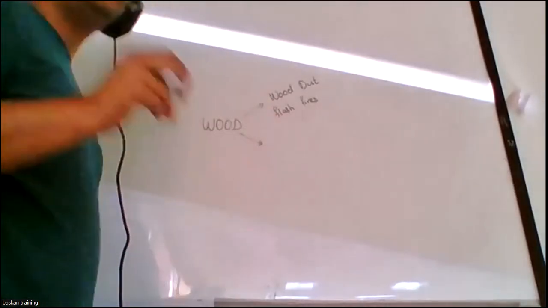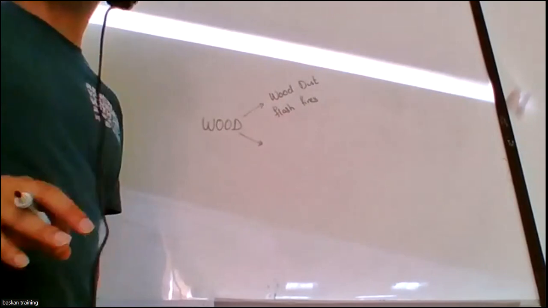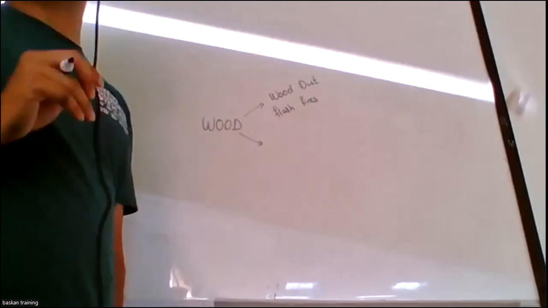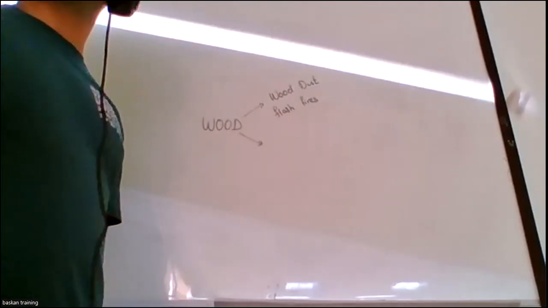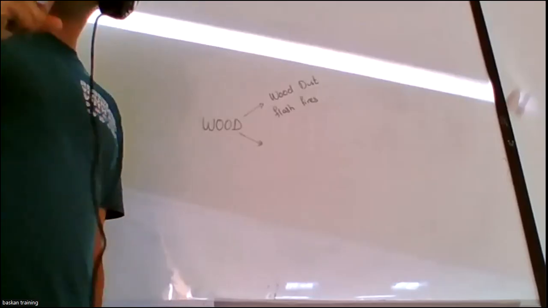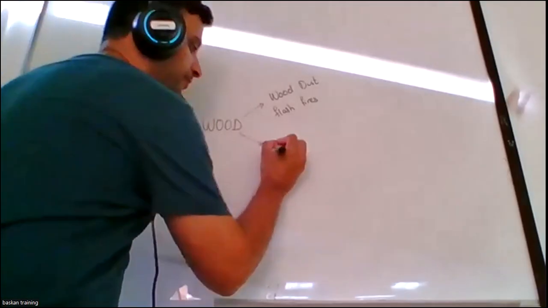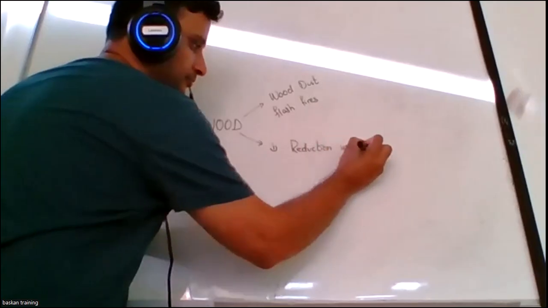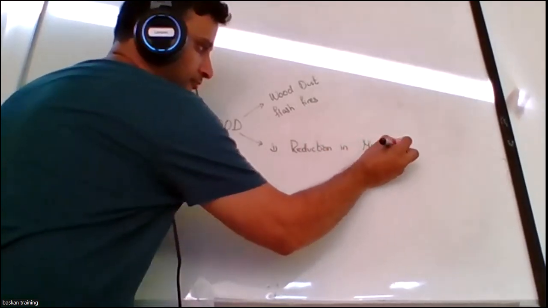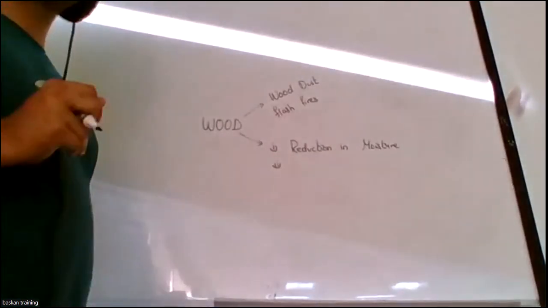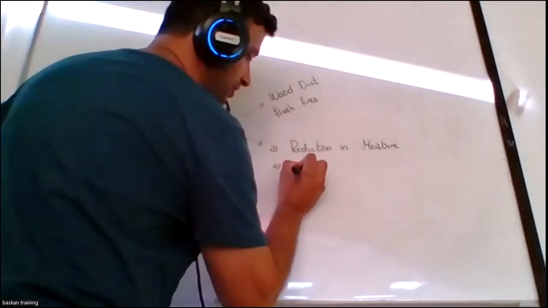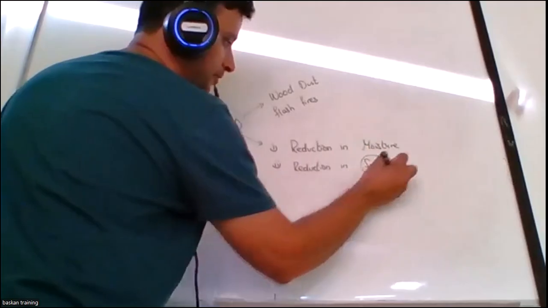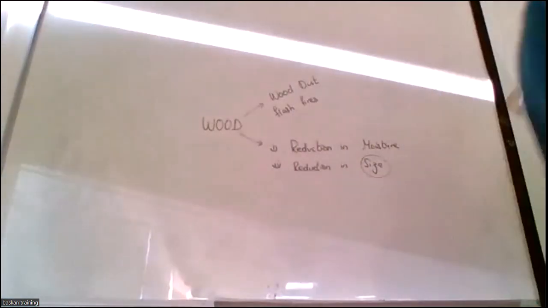The first thing is that in coal, we were saying moisture accumulation is dangerous. In wood, lack of moisture is actually dangerous. The more moisture the wood has, the more chance it will survive longer. The drier the wood, the more easily it will start the flame process. So, reduction in moisture. And the second thing is reduction in size. The size of the wood.